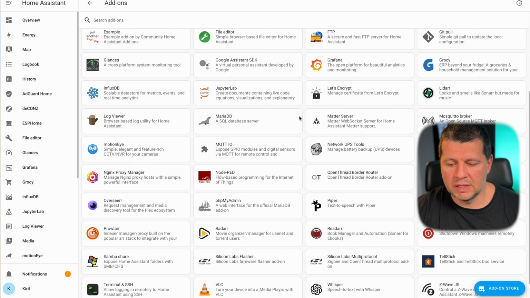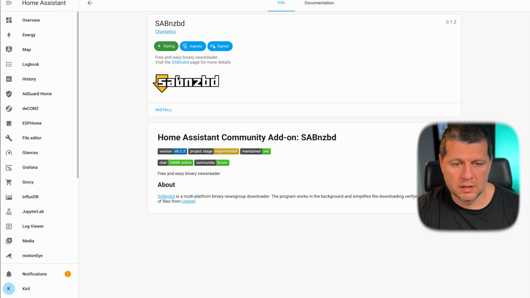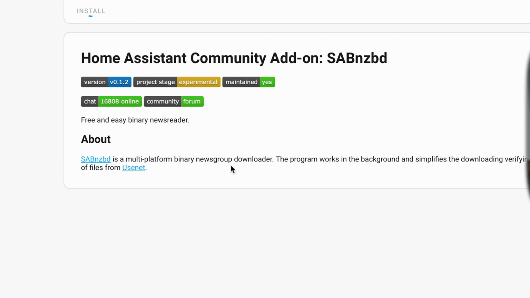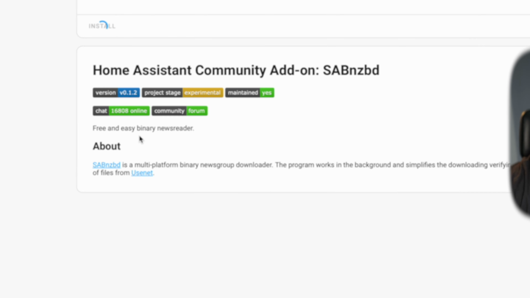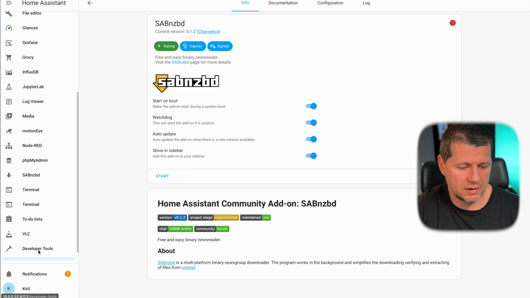Okay, let's continue to the next add-on, which is SABnzbd, free and easy binary newsreader. SABnzbd. I'm not sure how this is pronounced. Anyways, I'll hit install. This is a multi-platform binary newsgroup downloader. The program works in the background and simplifies the downloading, verifying and extracting of files from Usenet. Again, Usenet. Okay, this add-on with the strange name is installed and I can even show it in the sidebar